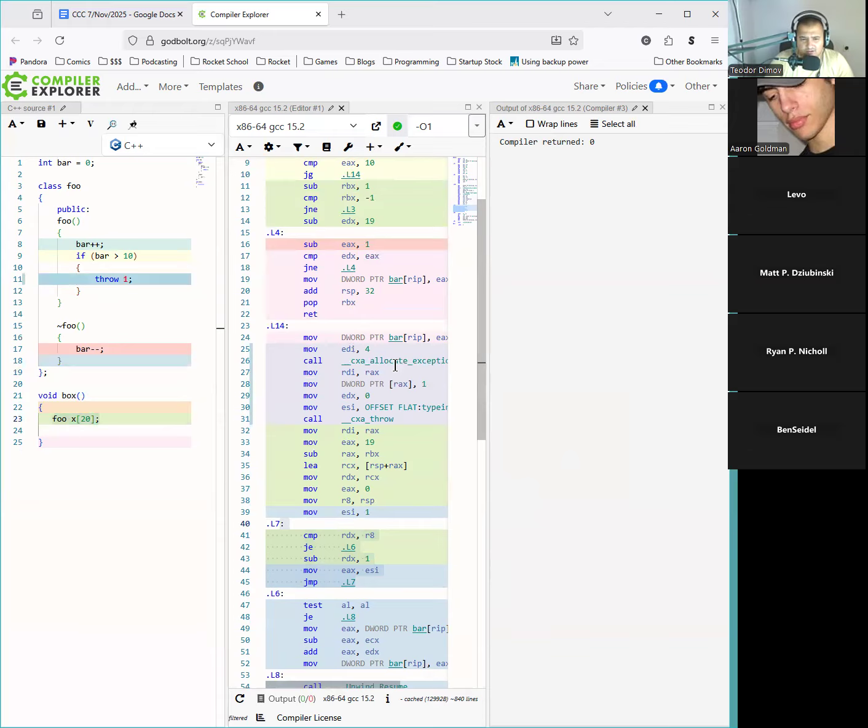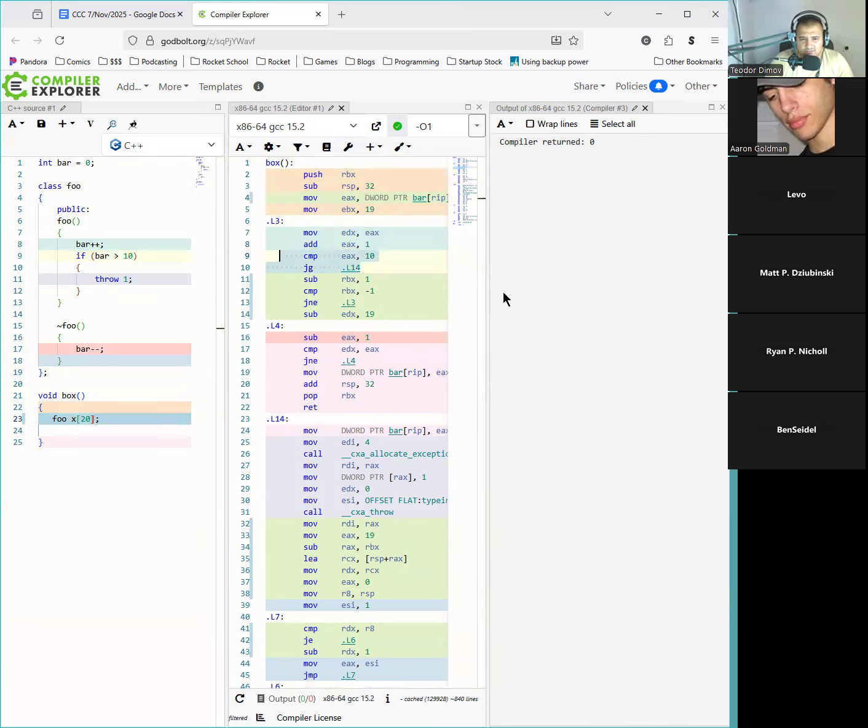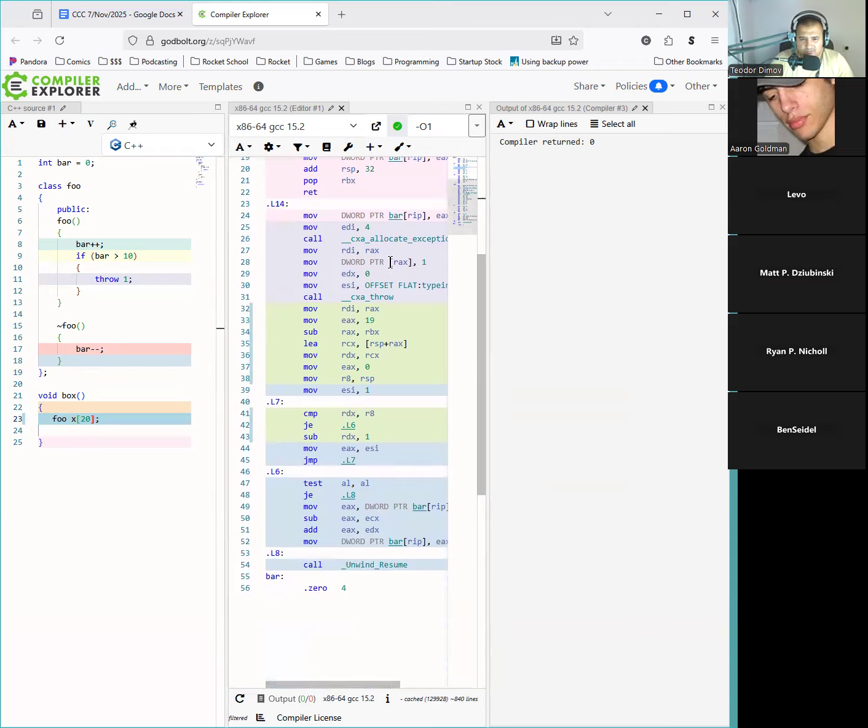He comes through here and says, I have an exception when I hit my, here I got to line 14. Sorry, I compared to 10 up here. I got my exception throw. I go to 14 where I build the exception. Then I set up for the loop. Here's the loop where he runs through and he is doing a -1 on bar for each trip around while he's trying to